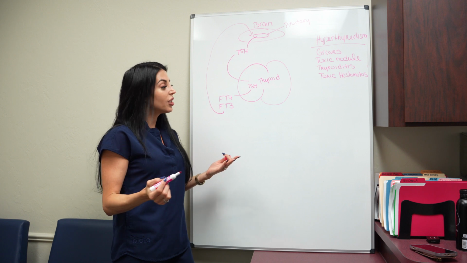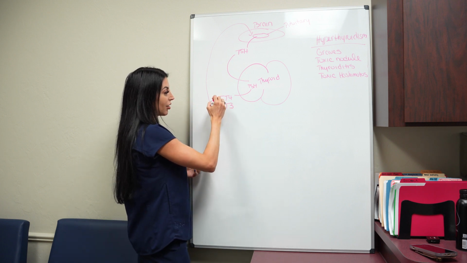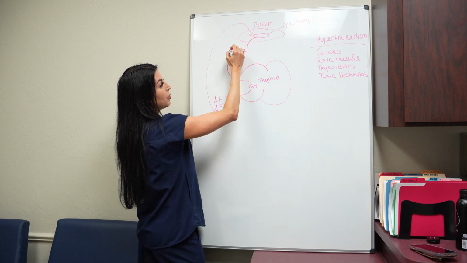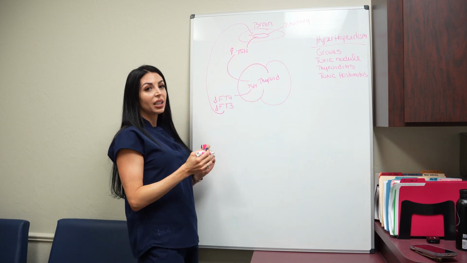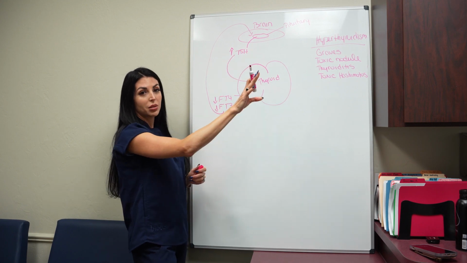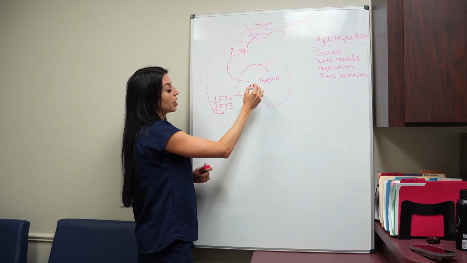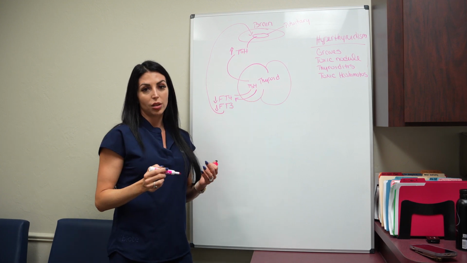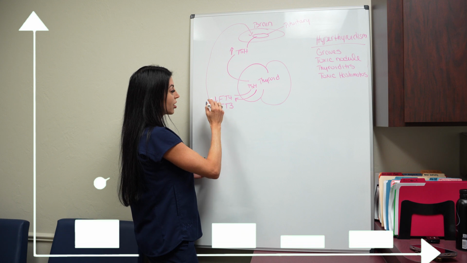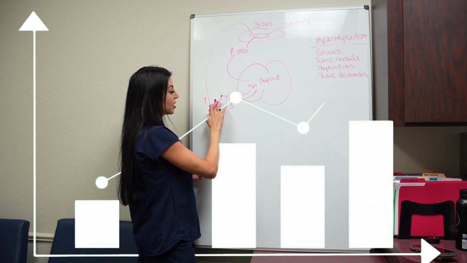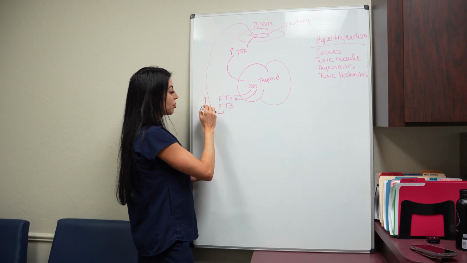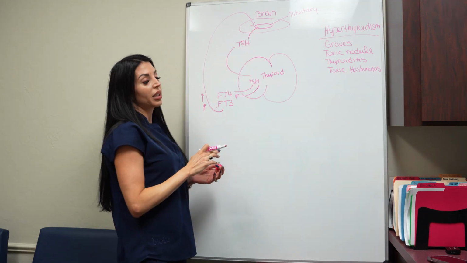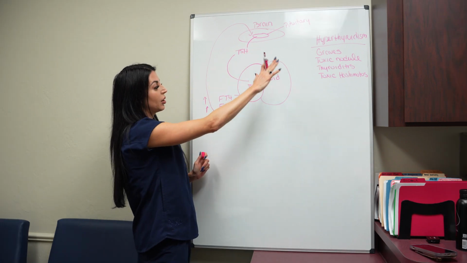If your body feels like there is not enough free T3 and there is not enough free T4, it is then going to stimulate an upregulation of TSH in your brain, causing more TSH to be made from the pituitary gland, and then this is in turn going to cause more TSH to come into the thyroid and more free T3 and more free T4 to be made. Once these levels start to go up and they're no longer being sensed as being low, then this will feed back to the brain, and the brain will say, okay, I'm happy, and it will not have to upregulate TSH. So this is how it all works.